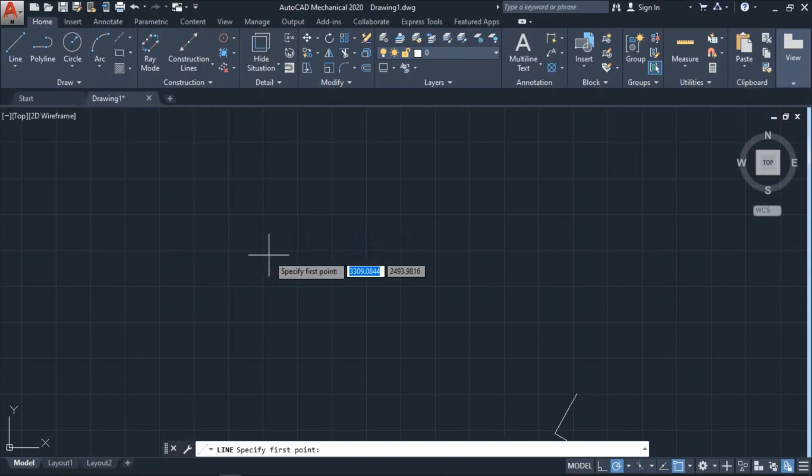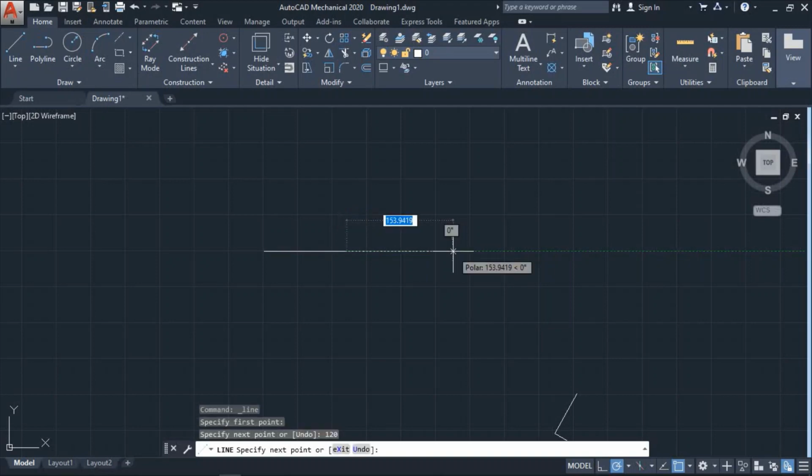So what does it work for? When I specify the first point, the second point I can specify directly with the dimension I need, like 120 mm. Then I can also specify the dimension with the angle, like I am setting here 30 degree and 120 mm.